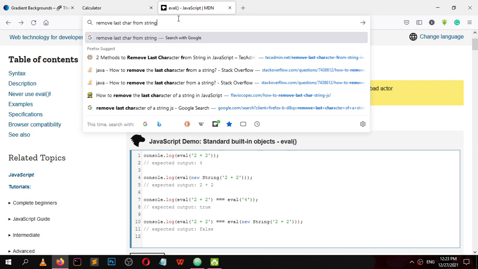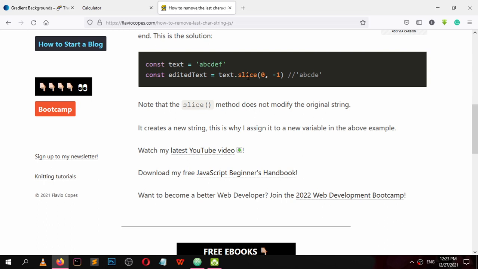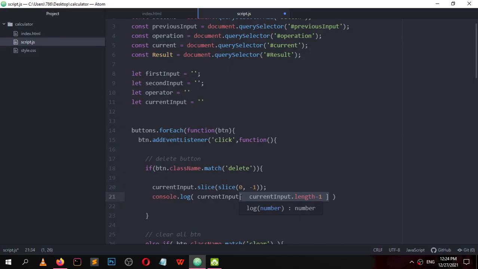Wait for it to reload, or slice 0 minus 1. We can use this code. Let me now see how this works. Dot slice 0 minus 1.